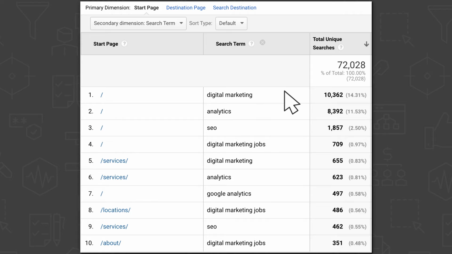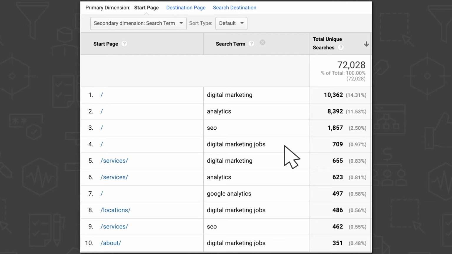They were out on their own, browsing your site, going through menus, clicking on pages, and they couldn't find what they were looking for. And at some point they said, you know what, I give up, I'm gonna go to that site search. Well, this is great because now you have a list of the pages where you know somebody was getting frustrated. Go ahead and add a secondary dimension to that section, and now you've got a list of the pages where people are getting frustrated, and a list of the words that they wanted to have an answer to at that